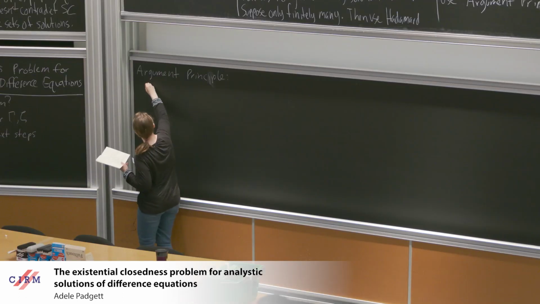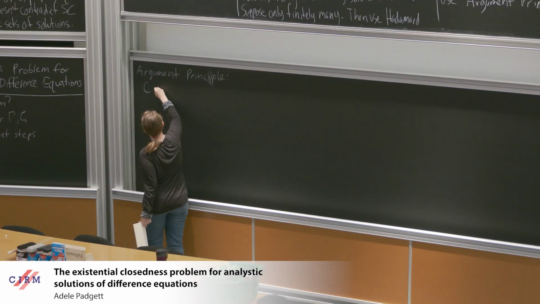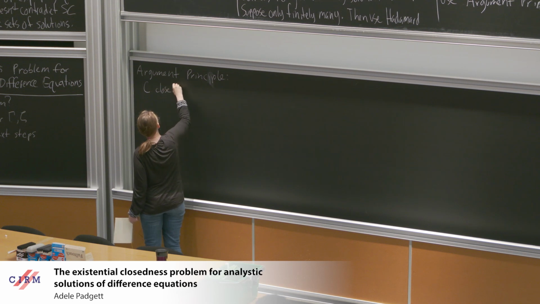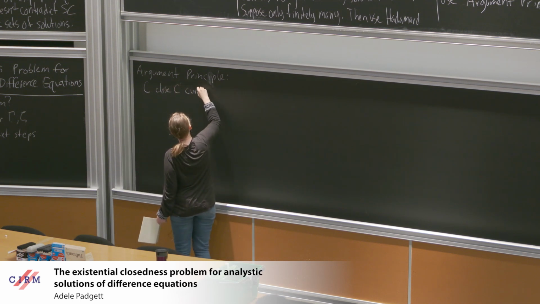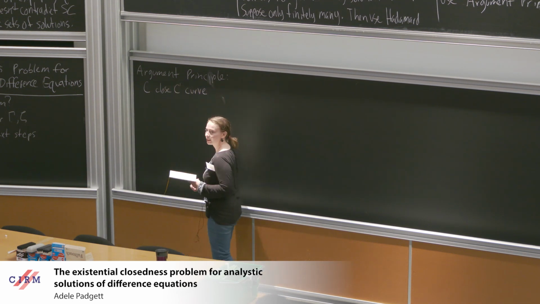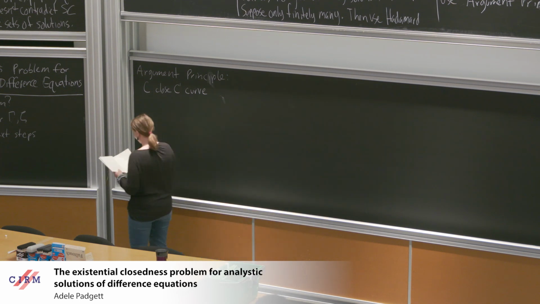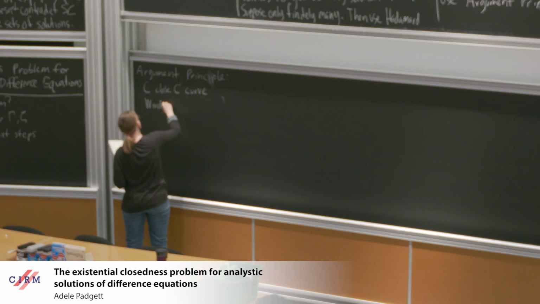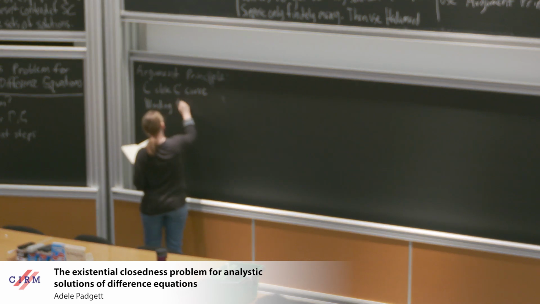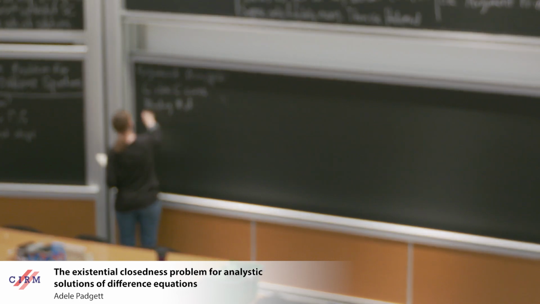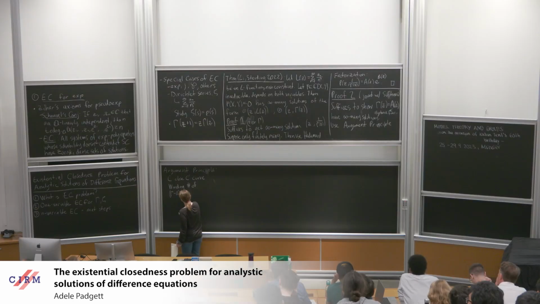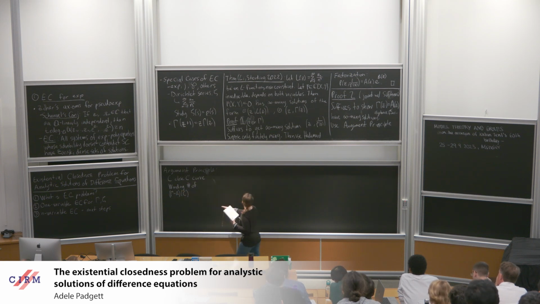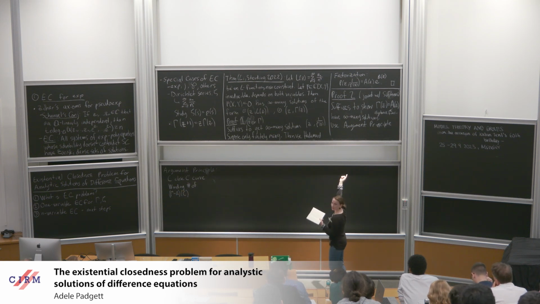So this says that if you have C, which is a closed C1 curve in the complex plane, then the winding number of the image of C under this function gamma minus A, because we're looking for zeros of, say, gamma minus A,